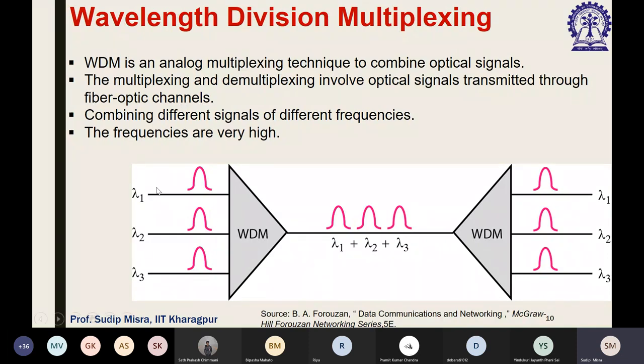So you see that we have 3 different input lines with input signals of wavelengths lambda 1, lambda 2, lambda 3. With the wavelength division multiplexer, you are going to produce a composite signal where these 3 wavelengths are combined into a signal of lambda 1 plus lambda 2 plus lambda 3, and then it is going to be demodulated and demultiplexed at the other end, and you are going to get the individual signals back, right? So here